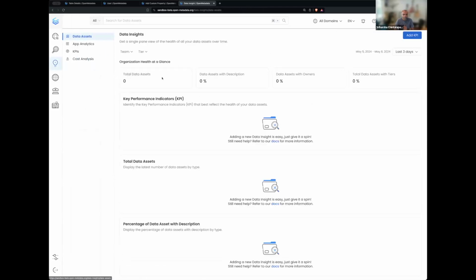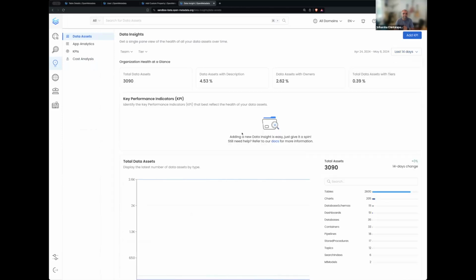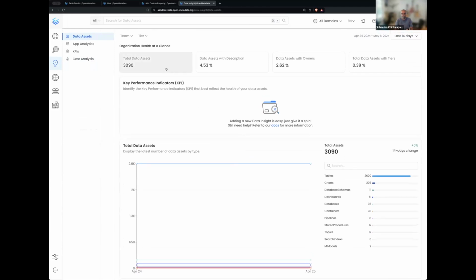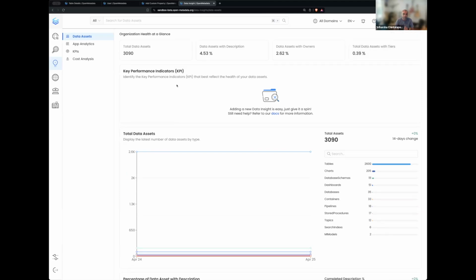Insights. Let me change it to a few days back. Insights is a great way to understand how your data is growing, how your data is behaving within OpenMetadata. It gives you, for example, the total number of data assets. You can track on a day-to-day basis how many new data assets are coming into OpenMetadata, how many assets with description, assets with owner, and you can improve your data culture with tiering, telling the entire organization these are the key data assets that are powering the business by using the tiers. And you also have KPIs to motivate everyone to work towards that goal of filling in the descriptions, owners,